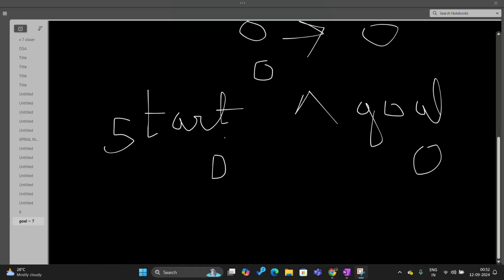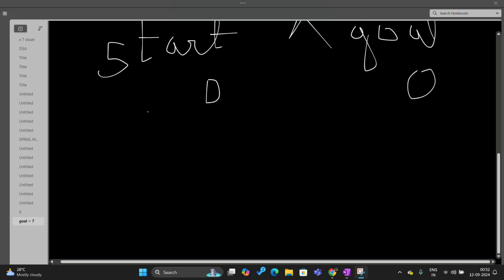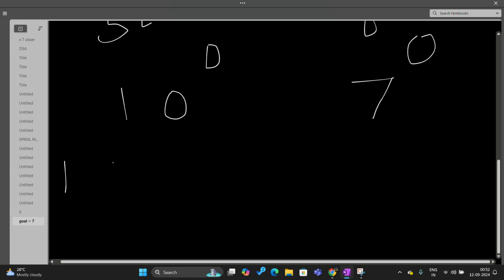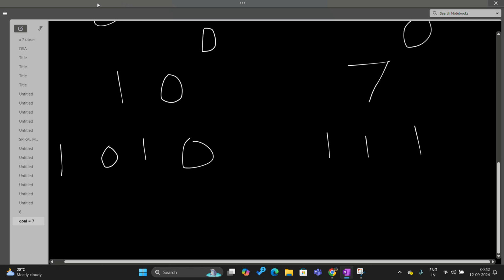every position of that number is such that, imagine, let's take that same example. For the start we had 10, and for the goal we have 7. Converting this into binary form, 10 is 1 0 1 0, and 7 is 0 1 1 1, right? So what I'm saying is